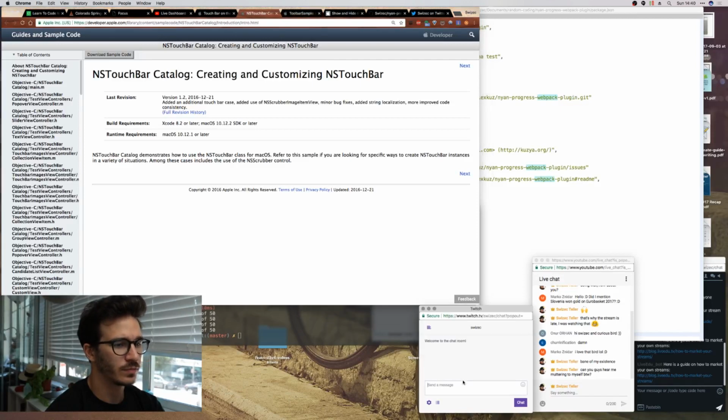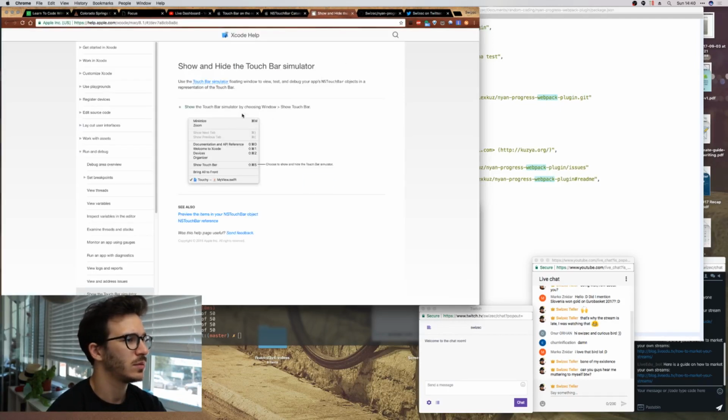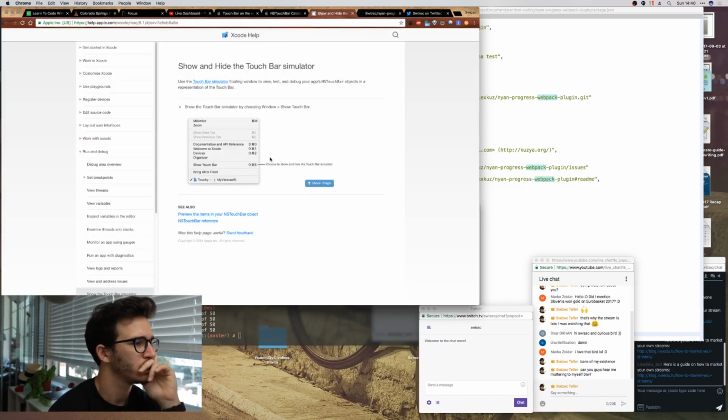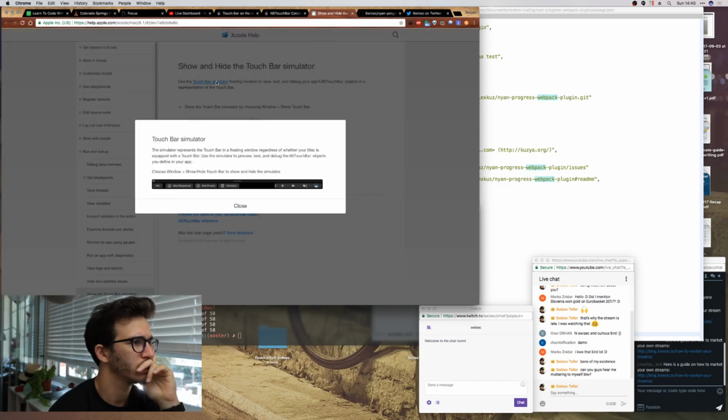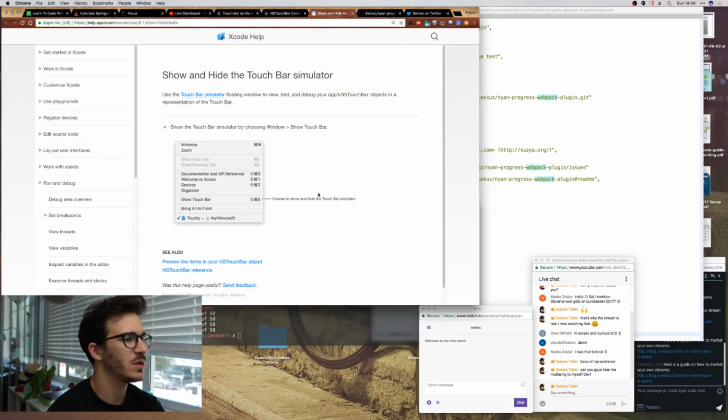Okay. A window toolbar, I don't know what that means. Okay, so we have the touch bar simulator,